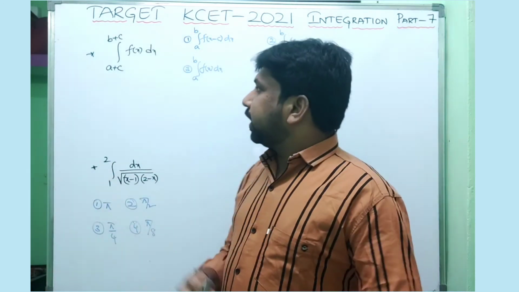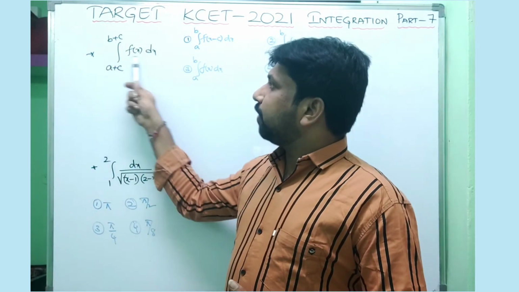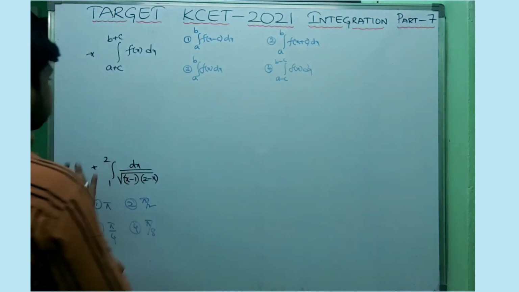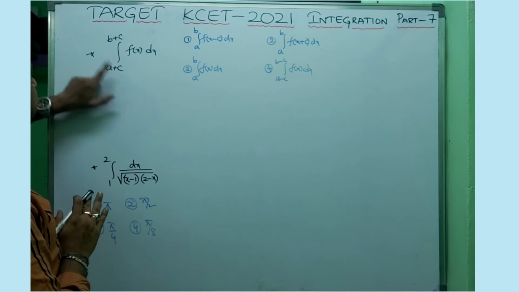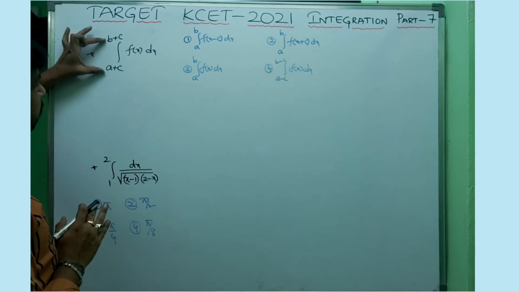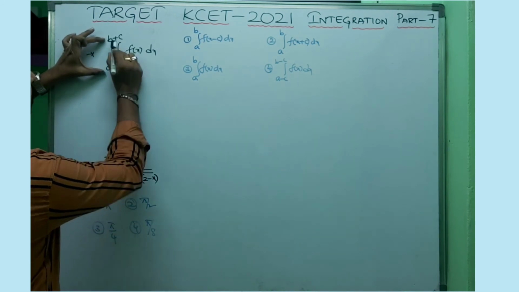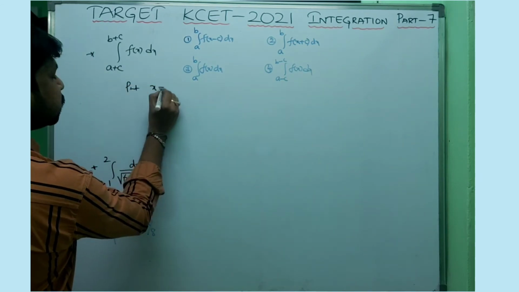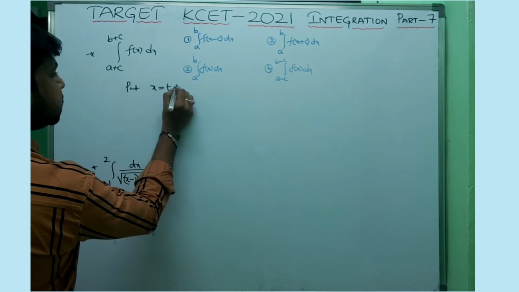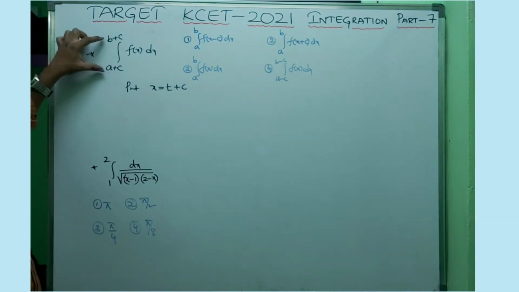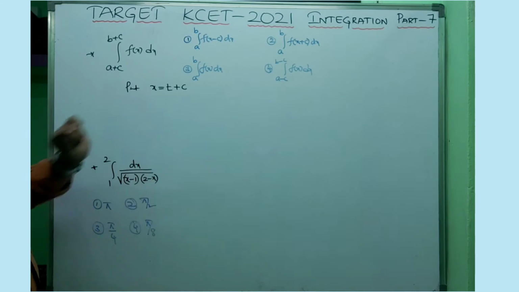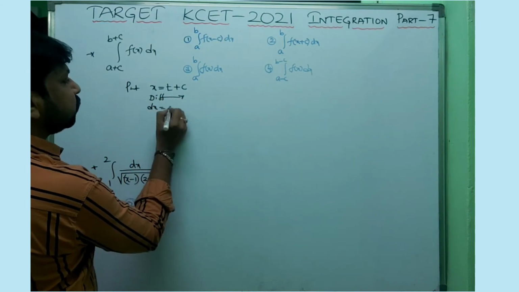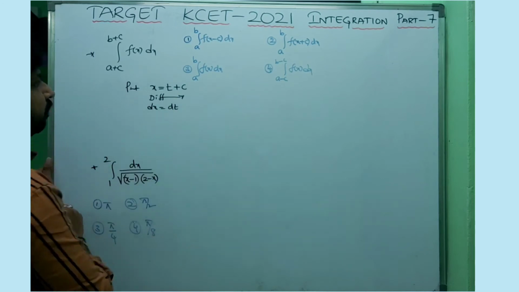Now the next model question is integral a plus c to b plus c f of x dx. Which of the following options is correct? So this is a very simple model. If you observe the limits, in the lower limit and upper limit plus c is there. That's what you need to take as the substitution. Put x is equal to t plus c, that is your substitution friends. According to the limits you need to consider the substitution. Now differentiate with respect to x, then dx is equal to dt, and the derivative of the constant is 0.